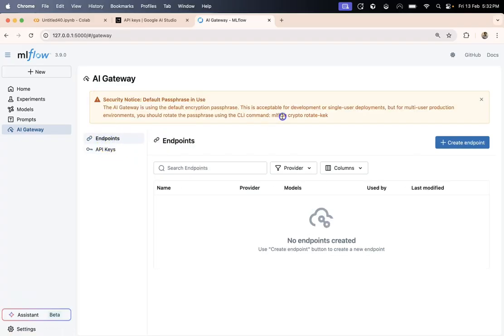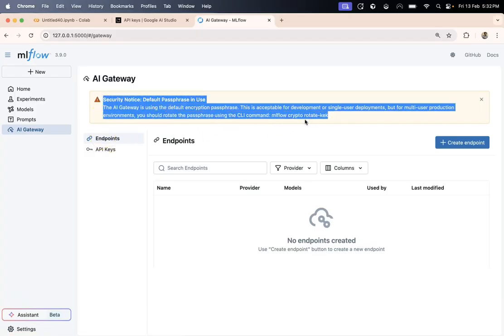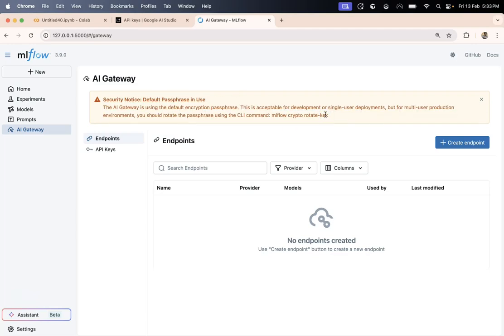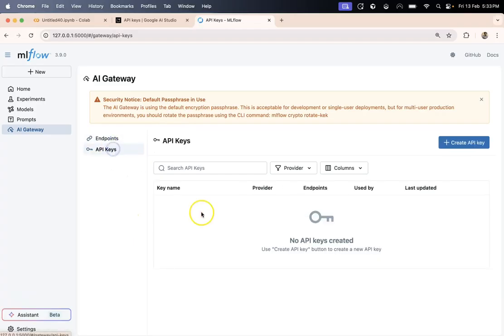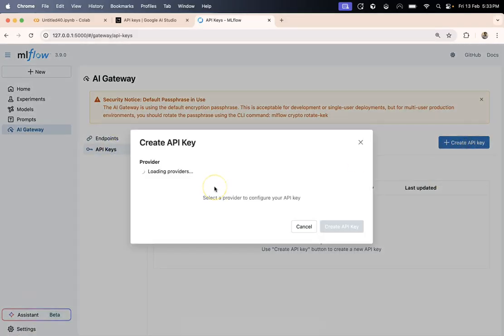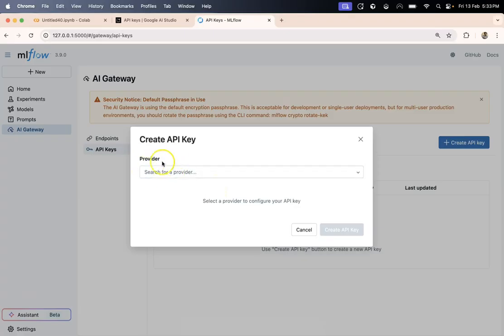Now, how do they work? I'll tell you. Endpoints are, you can say, a centralized place where you can register multiple LLM providers and split your traffic between those, and in this manner you can do pretty cool things like looking at which model is performing best for your use case. So I'll show you how to create endpoints, but let me first show you how to register API keys. I will be registering two API keys, so let me create the first API key first. So it is loading provider.